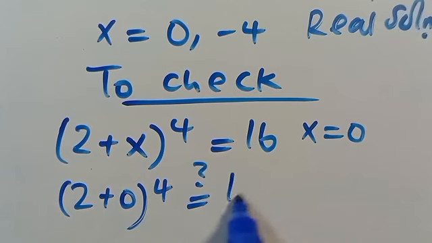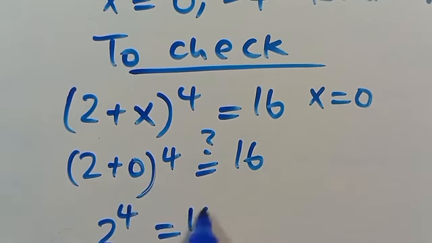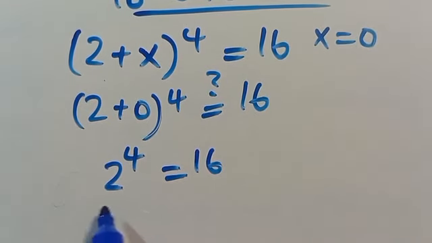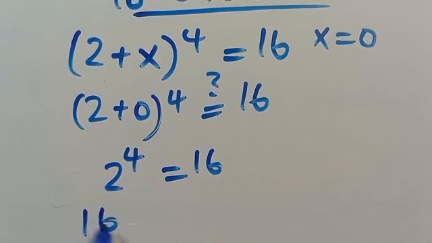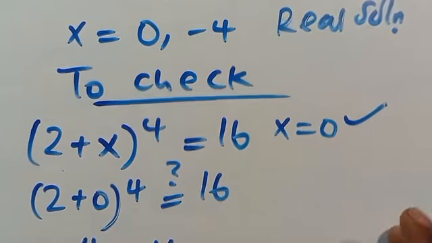Then it's going to give us 16. 2 plus 0 in parentheses will give us 2 to the power of 4, which equals 16. Meaning 4 times 4, this one equals 16, equals 16. The left hand side equals the right hand side. So this is correct. Now again,